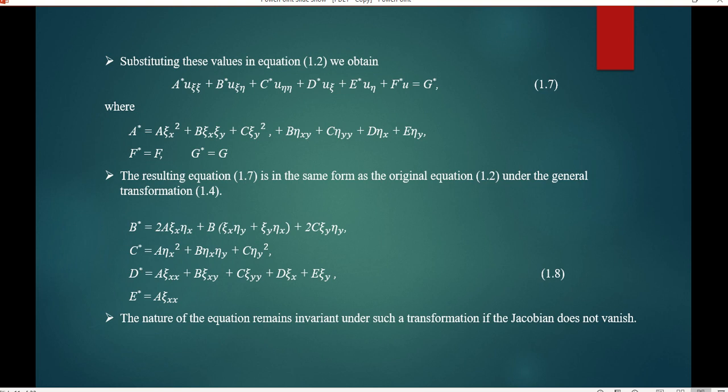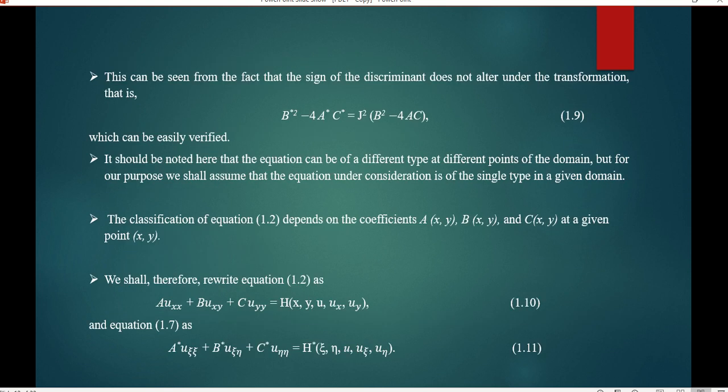The resultant equation is the same as equation 1.4, and this is invariant under the transformation. So the discriminant b star square minus 4a star c star is equal to j square into b square minus 4ac, and this is always not equal to 0. Also it should be noted that the equation can be of a different type at different points of the domain, but for our purpose we shall assume that the equation under consideration is of a single type in a given